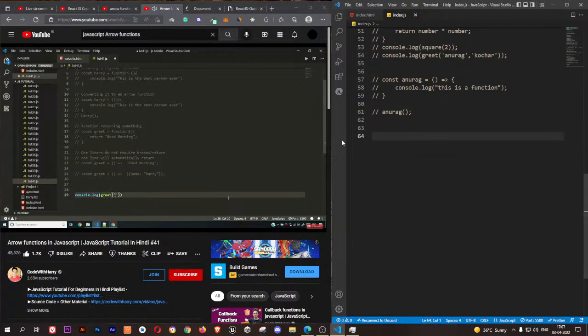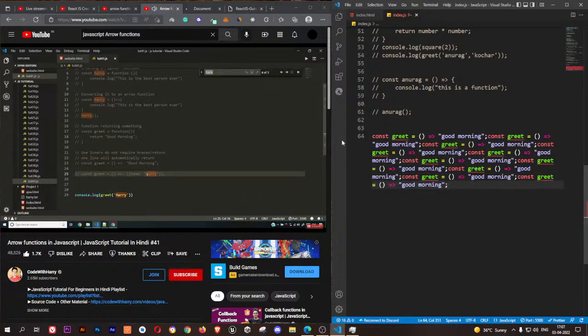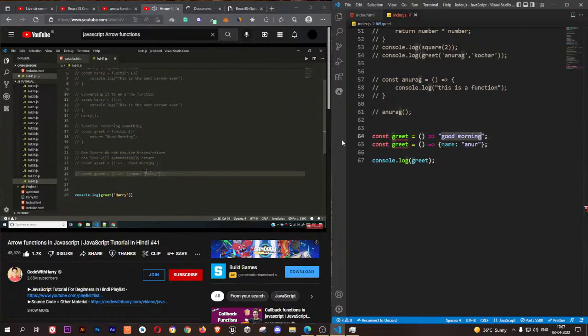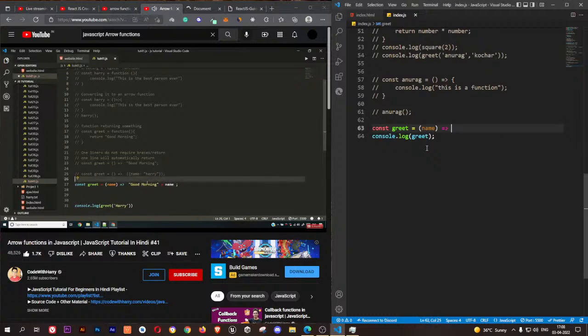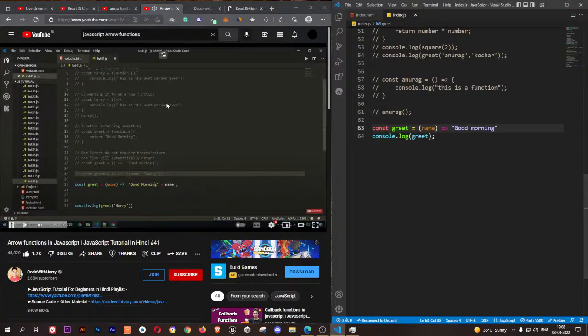तो अब यहाँ पर इसी का एक और वेरिएंट, वो ये कि अगर मान लो आपका ग्रीट एक स्ट्रिंग लेता है इनपुट में, और उसका नाम लेता बंदे का जिसको भी वो ग्रीट कर रहा है, मैं यहाँ पर हैरी दे रहा हूँ इसको। तो एक तरीका मेरे पास ये है कि मैं कुछ इस तरह से करूँ और यहाँ पर मैं नेम कर दूँ, और यहाँ पर मैं रिटर्न क्या कर दूँ, नेम प्लस गुड मॉर्निंग प्लस नेम, ठीक है। तो ये तो हमने देखा है कि ये रिटर्न अपने आप हो जाएगा क्योंकि एक वन लाइनर है, और हमने ये भी देखा कि इसको हमें कर्ली ब्रेस लगाने की ज़रूरत नहीं है। तो ये जो है हमारा गुड मॉर्निंग हैरी दे देगा।